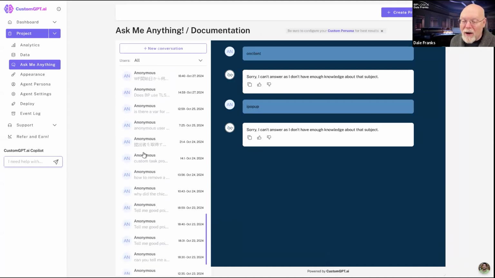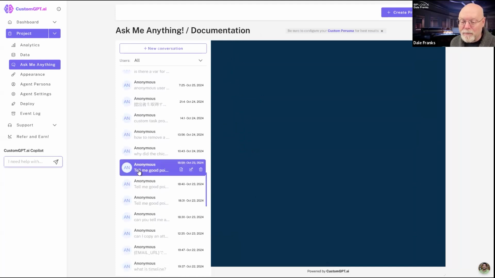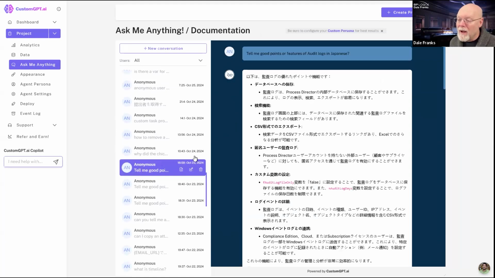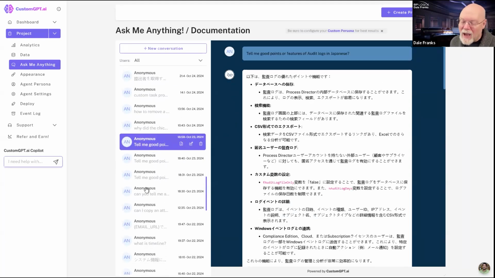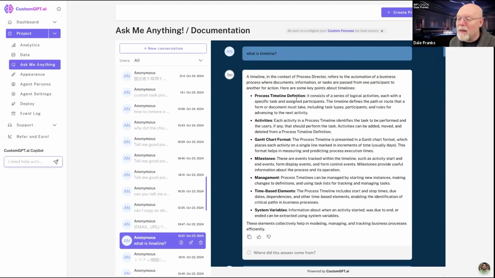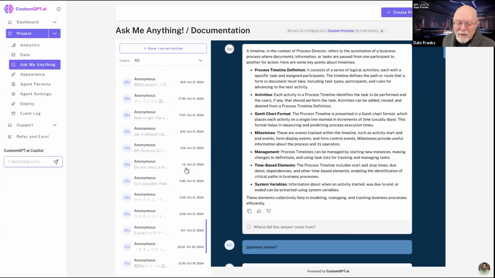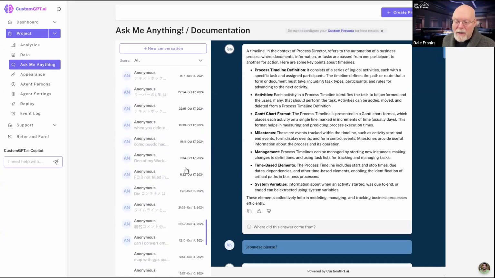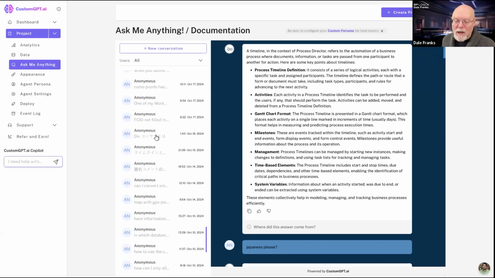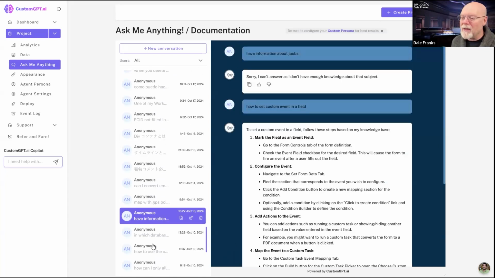Wow. Our Japanese partner is burning through a lot of AI queries. Oh, okay. Well, thank you. Ask the question in English and then ask for a response in Japanese. What is timeline? Okay, great. I guess that works. You can ask that question. I was actually looking for a bad query, but it looks like our Japanese partner is burning all of our, and we get like 500 queries a month, and it looks like they're burning the majority of them.